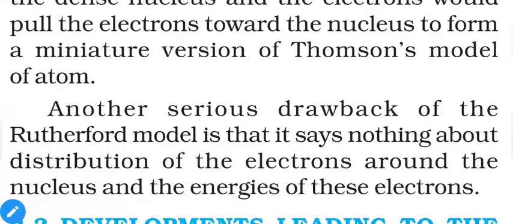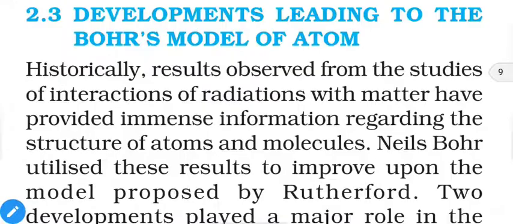Electrons have different energies. Some electrons have more energy than others. So we cannot explain this phenomenon using Rutherford's model. And they are not at equal distance. The distance of an electron from the nucleus is different. So again, we cannot explain this from Rutherford's model. So now we know that earlier models of the atom have some drawbacks, and we need to find a more accurate structure of the atom. So let us move on to the more accurate structure and development leading to Bohr's model